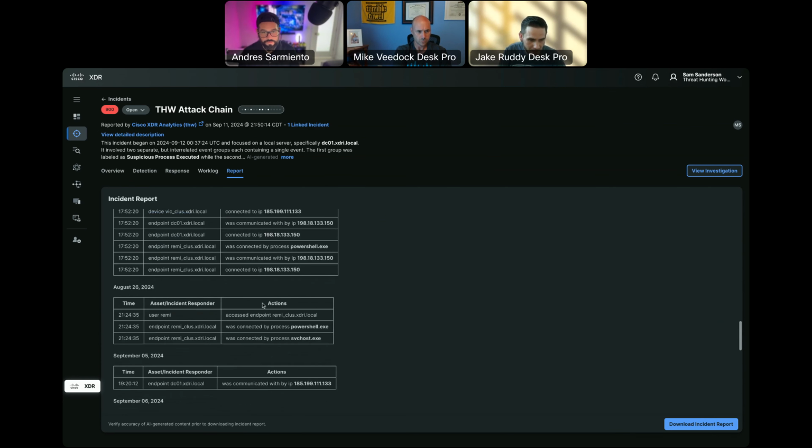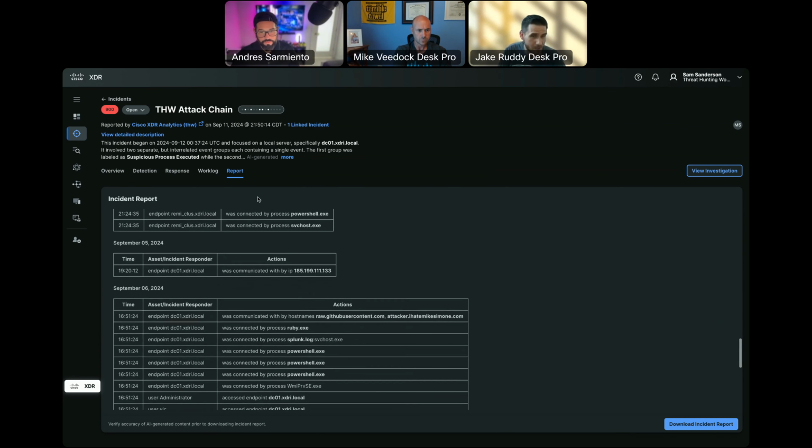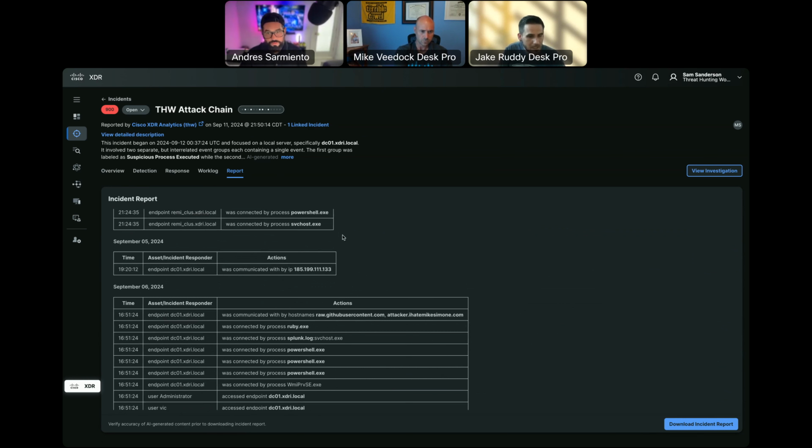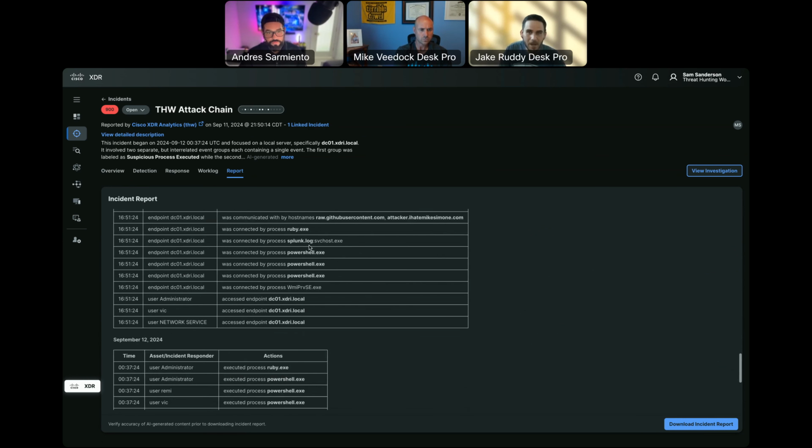Here's how this progressed. We have not resolved this incident, so we still leave this one up and open as we add new data to it. But as I take those containment actions, as I add my notes, as I change the status from open to containment achieved to closed out, I can just regenerate this report and say, cool, here's the finished report. It's closed up. We're done. Go ahead and send that up the chain to whoever needs a report on the incident.